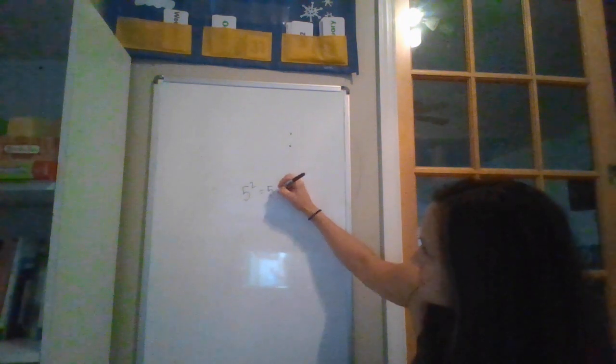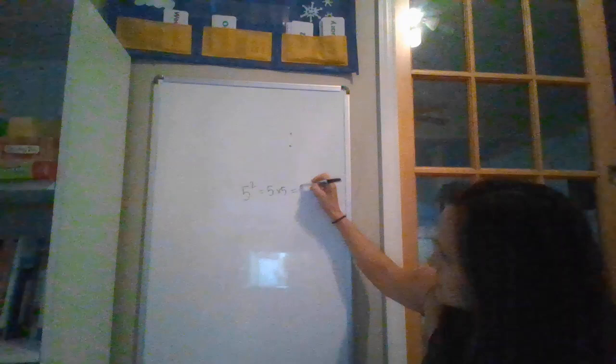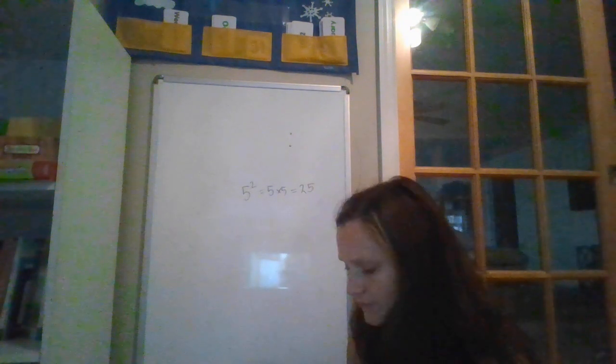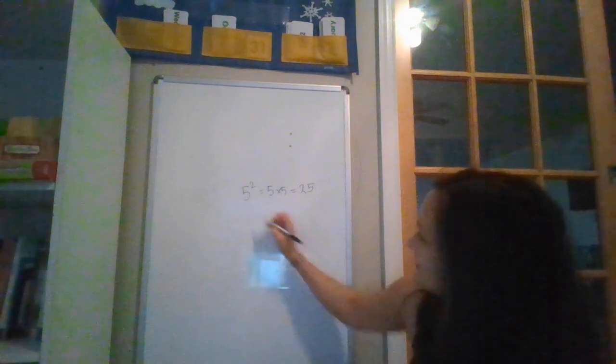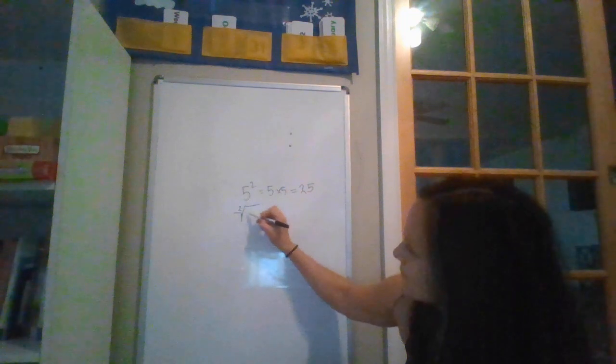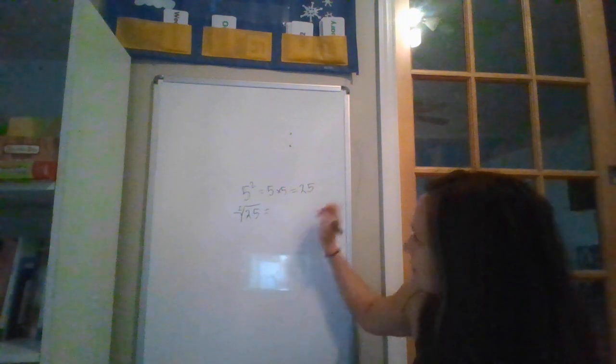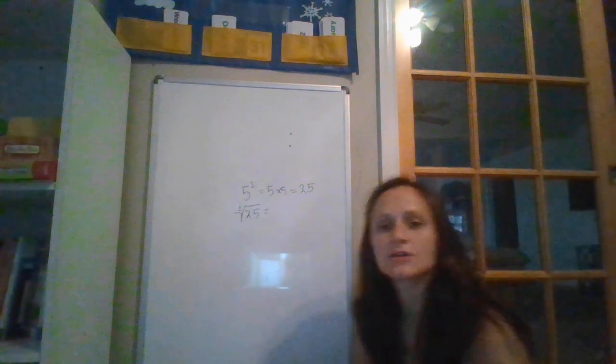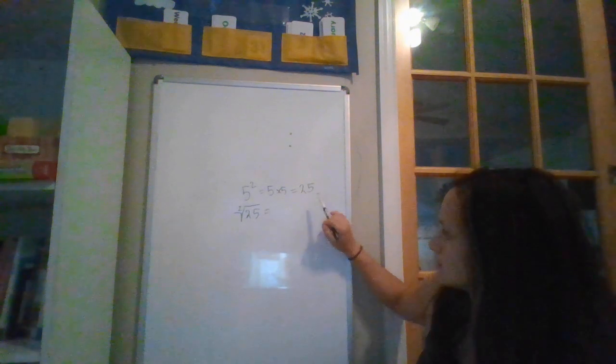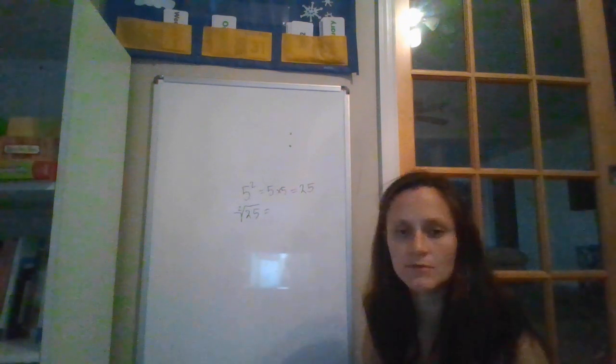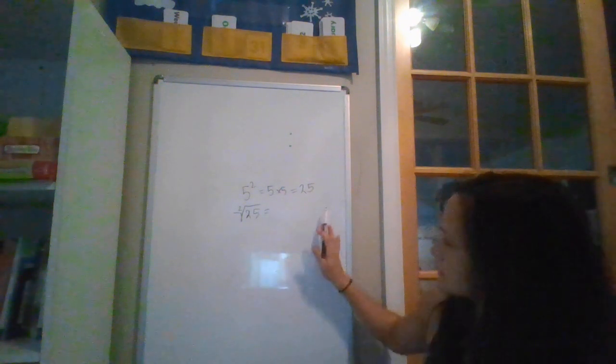So 5 to the 2, this is just 5 times 5, which equals 25. Then you have another one. It says root-erate. So it has the square root of 25. So it's taking us backwards. They already walked this process, so if they don't know their square roots yet, it's okay, because they walked this process and point them to